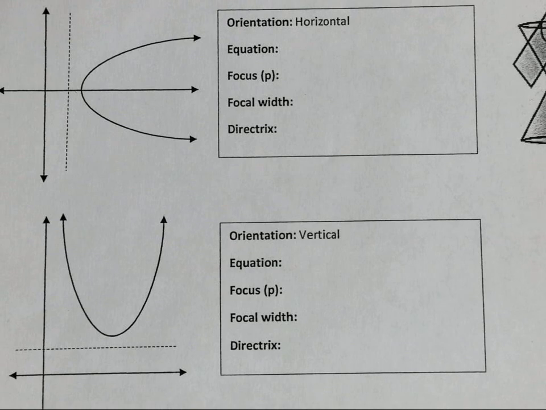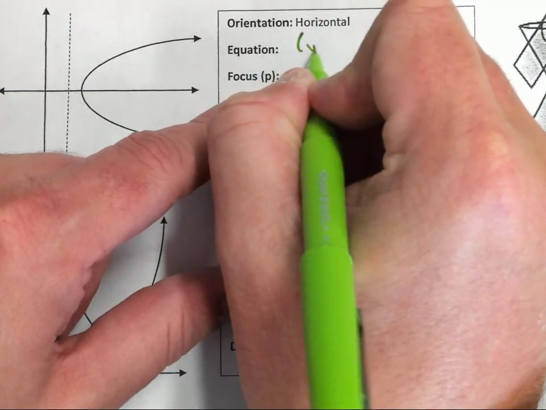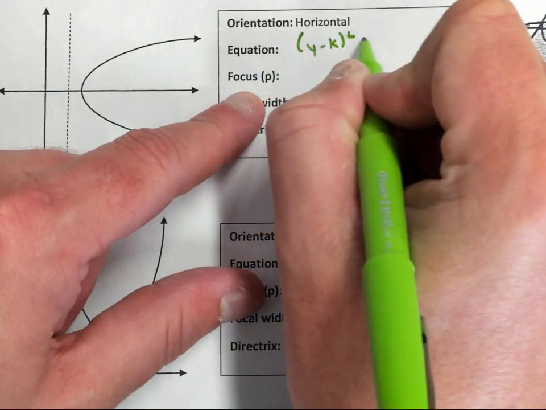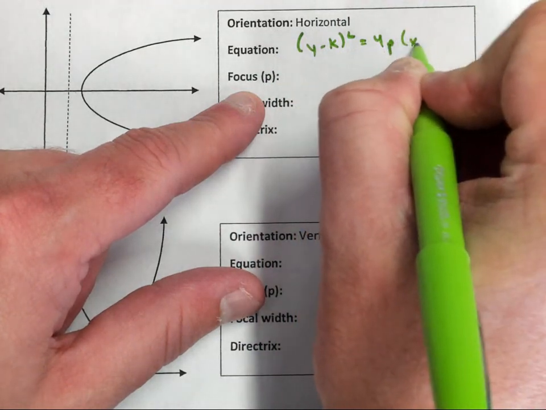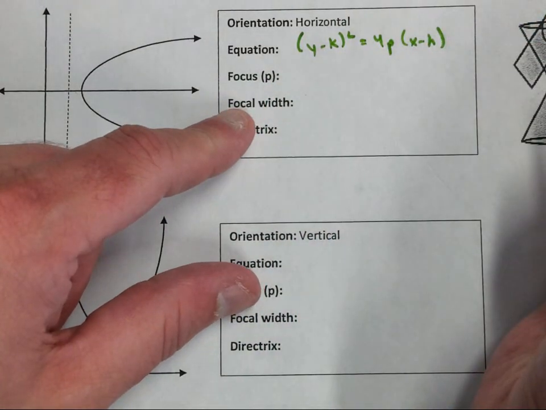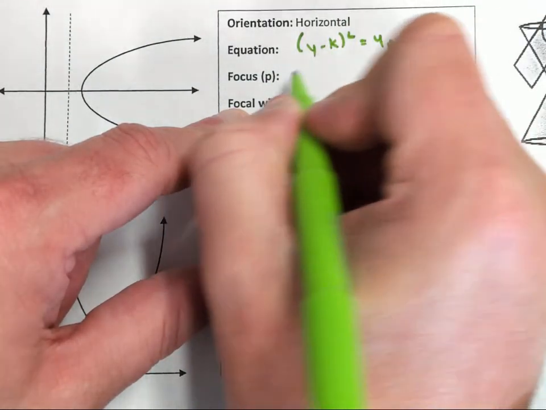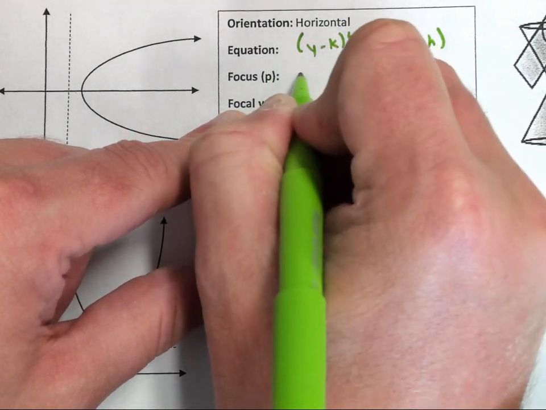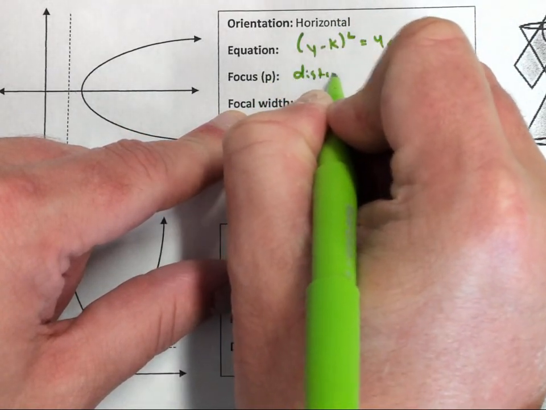Okay? Now, I'm about to give you a lot of information. It looks like a lot, but it's really not, and it's really easy, okay? But just sit back and just soak it in, okay? For a horizontal equation, your equation is y minus k squared equals 4p times x minus h. The p-value, which is the focus, is the distance